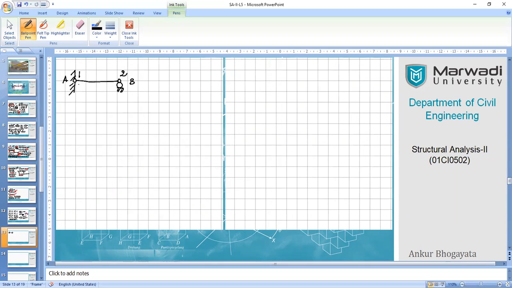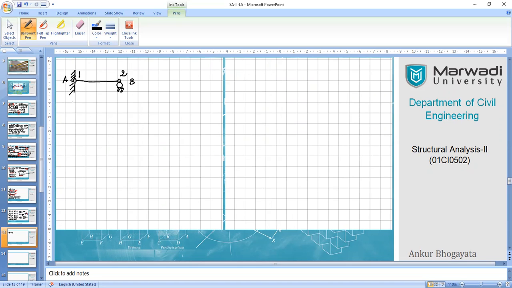consistently, it should fulfill the satisfactory requirements which are necessary for stable equilibrium, and that stability comes from the deformation requirements. So at any joint, the deformation should be maintained. That means there should not be a deformation which creates unexpected behavior of the beam. For example, let me simplify the concept. If this is the fixed end,